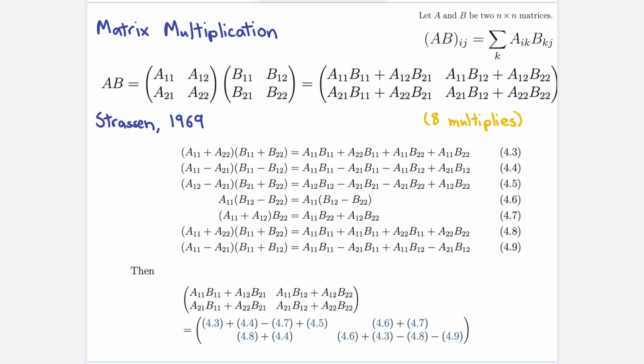There is a certain perspective invoking the word tensor where this might be somewhat natural. But at least on first pass, if you had the time and you were such a personality, you could go and directly verify that these work out. I did it once and I regretted it. So this is correct and you can verify it. But this is an example of taking 8 multiplications down to 7. So we can work through the